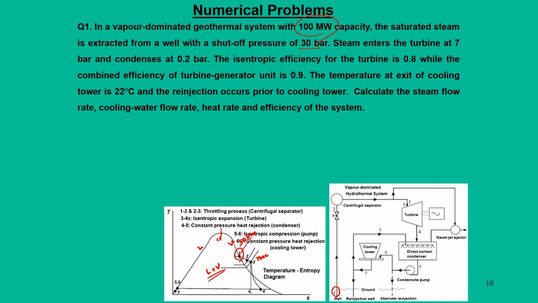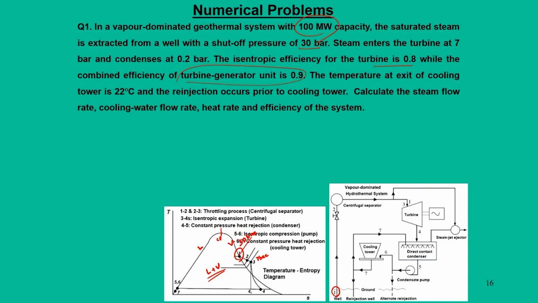So, 1 to 2 and further 3 is a throttling process that is already defined, in which enthalpy remains the same, and from 3 to 4, 4s is an expansion in the turbine. We are given an isentropic efficiency of 0.8. Then we have the combined efficiency of turbine and generator, that is 0.9. So, effectively, of whatever power is developed by the turbine,